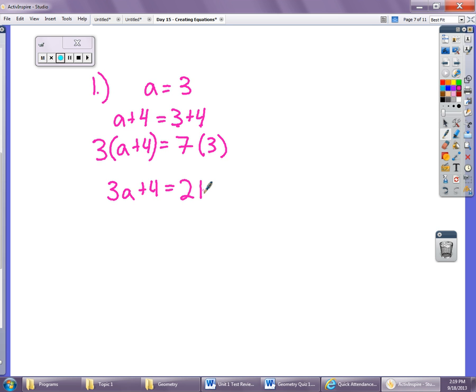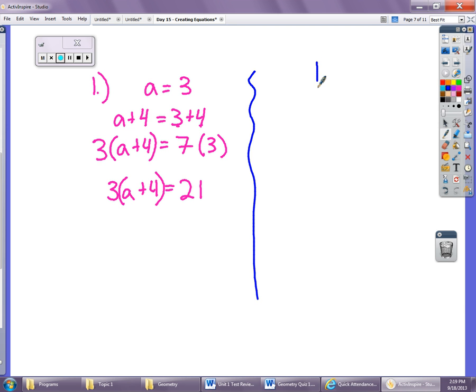So now I have a two-step equation to figure this answer out. I have 3a plus 4 equals 21. Actually, I forgot my parentheses. 3 times a plus 4 equals 21. So now I have a distributive property in order to solve this. So there's one example. If I want to have one with even combining like terms and variables on both sides,